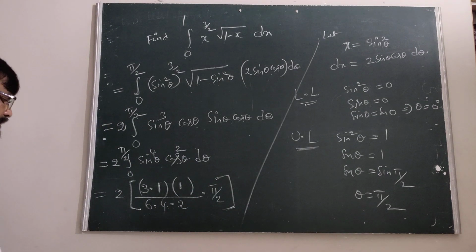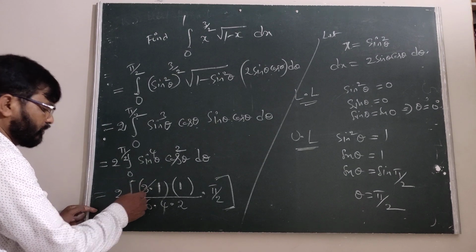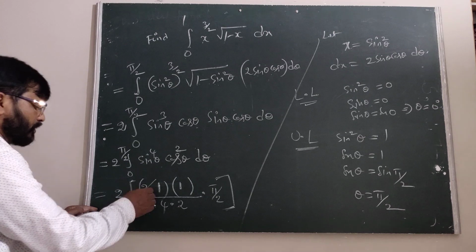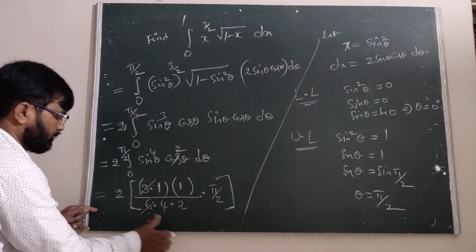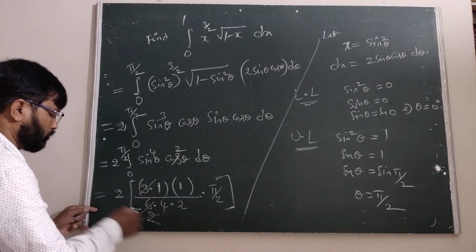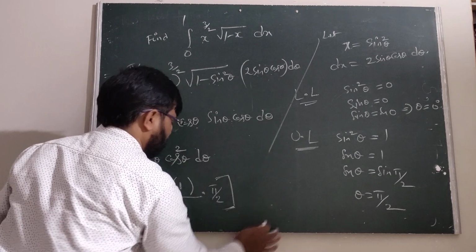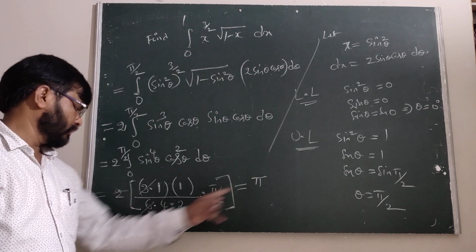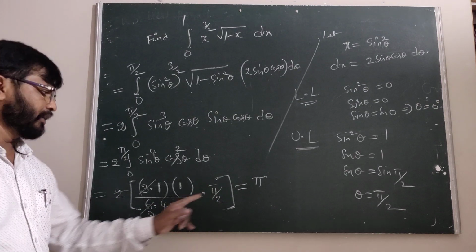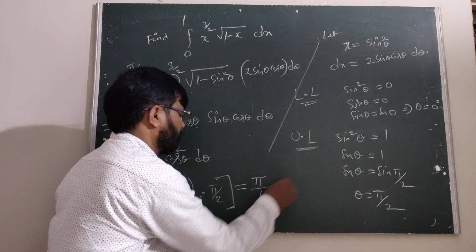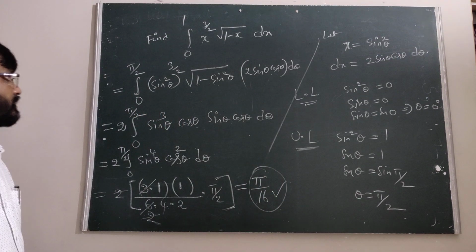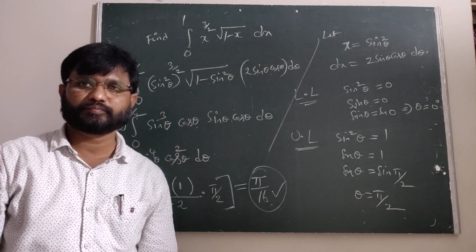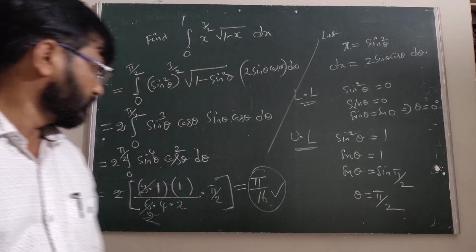Then you can write here 3 into 1, 3 into 2. Therefore here we are looking, 3 into 1 over 6 into 4 into 2. 2 cancels. Now here the value is pi. This is 4 into 2, 8; 8 twos are 16. This is pi by 16, the value of this one. Okay, understand?